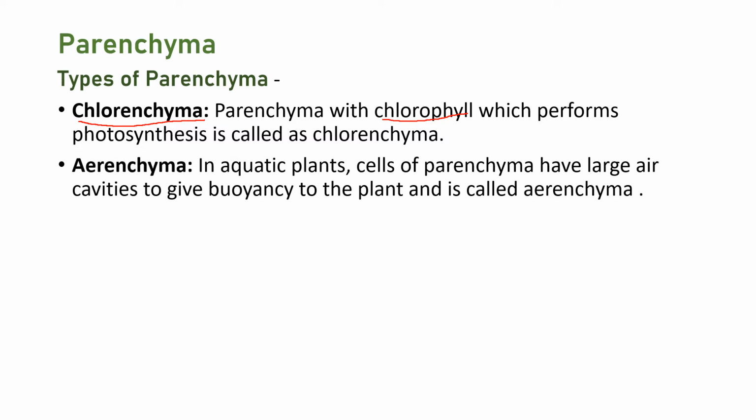Then aerenchyma. Now aerenchyma, this type of parenchyma is present in aquatic plants. Why? In aquatic plants they create a large number of air sacs. These air sacs are filled with air. When they are filled with air, what happens? The density decreases, and the surface area has increased. Now it gets buoyancy. Buoyancy is nothing but the force which is against the gravitational pull,